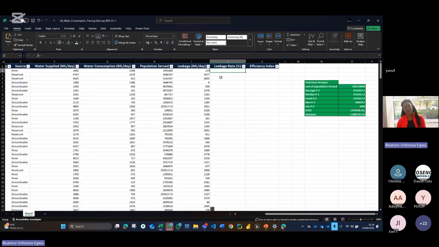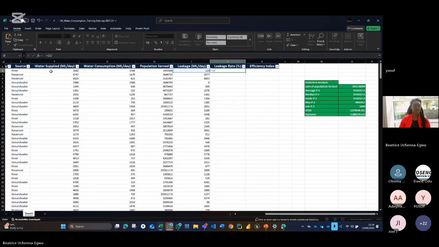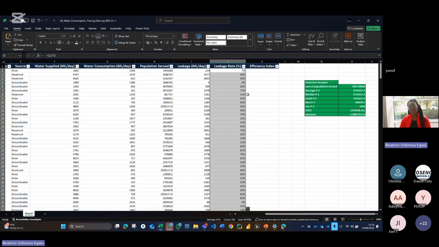What is the rate of the leakage, right? So which should be equal to what we have calculated now. You just use divide on your keyboard, divided by water supplied, enter. So that's our leakage rate. If you fill it down, you will now get